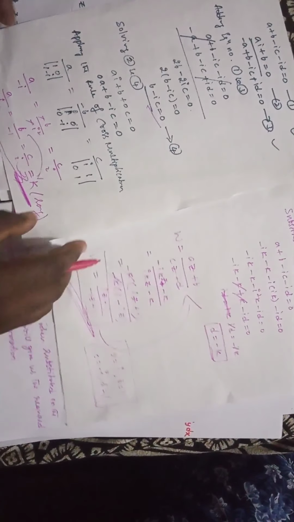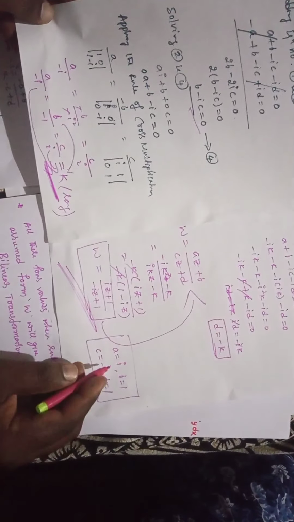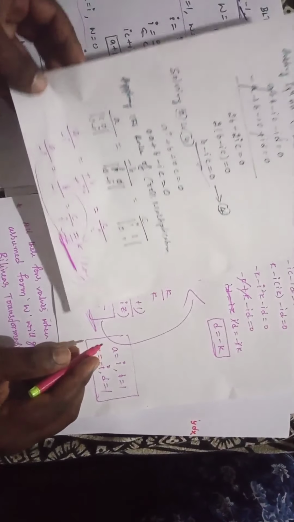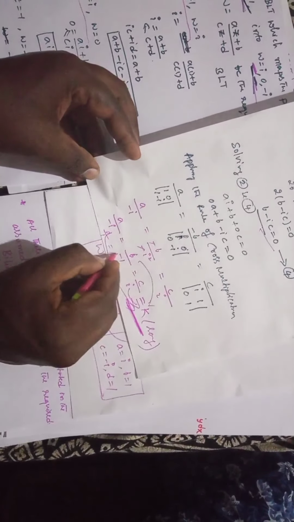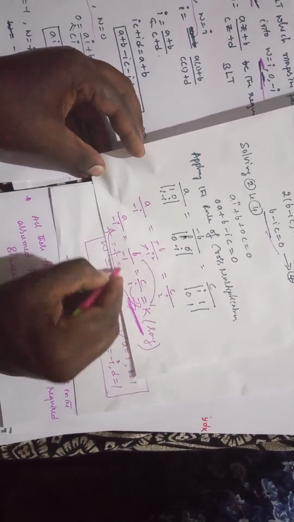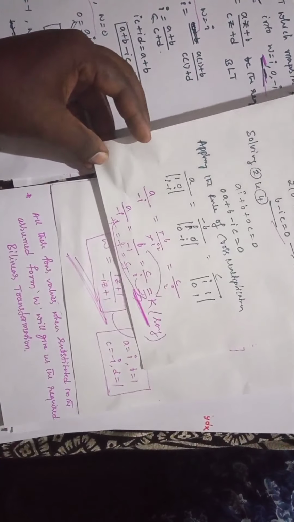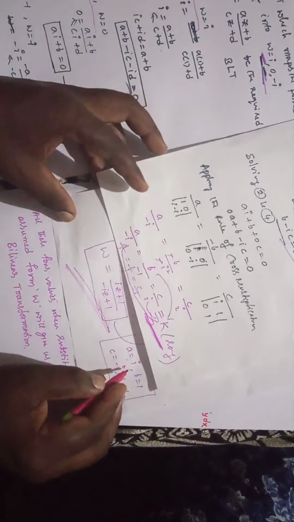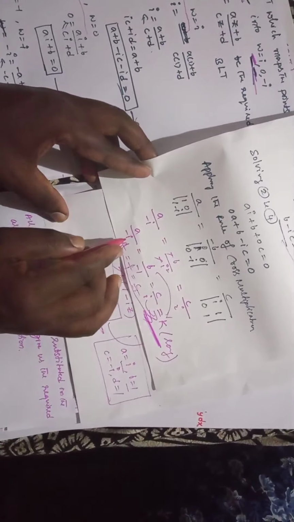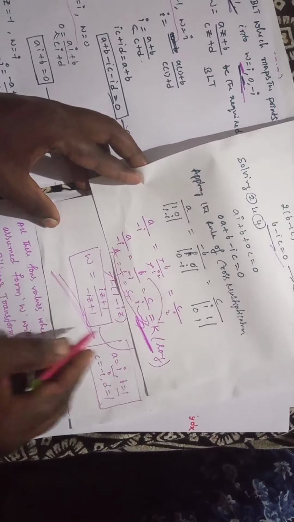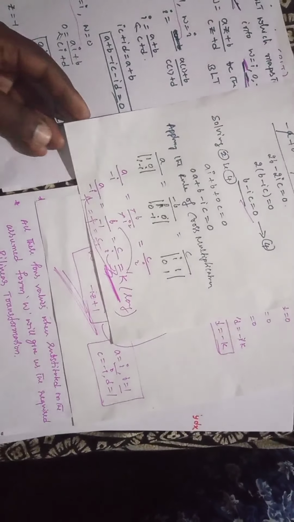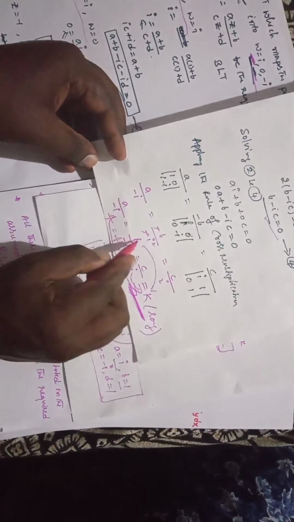Here multiply this with negative, that will become a by i, b by 1, c by minus i. Here the a, b, c values are the same, or we can write that as a equal to minus i, b equal to minus 1, c equal to i also. That will give the same transformation. So that's why we can directly write a equal to i, b equal to minus 1, c equal to i also. So here this is the question.